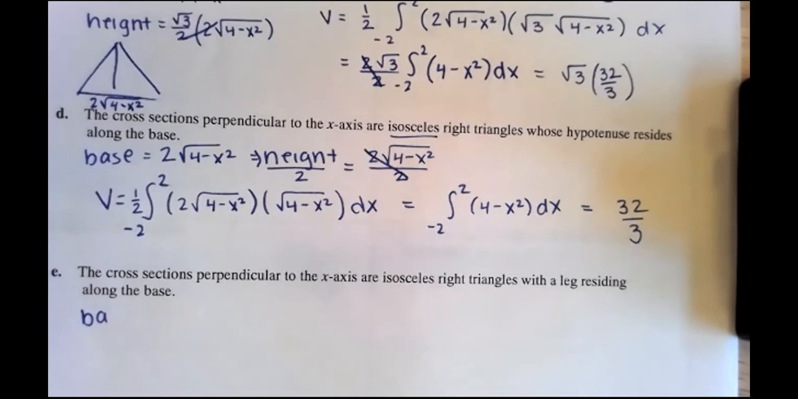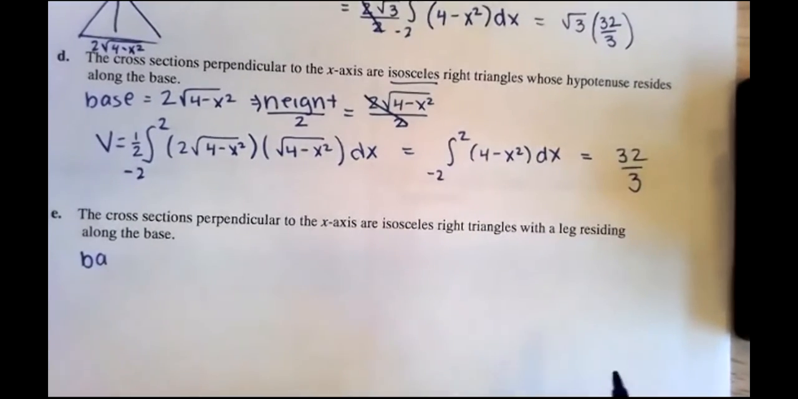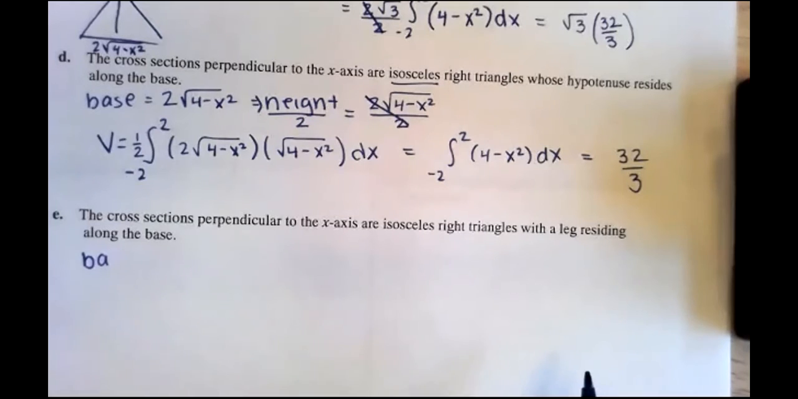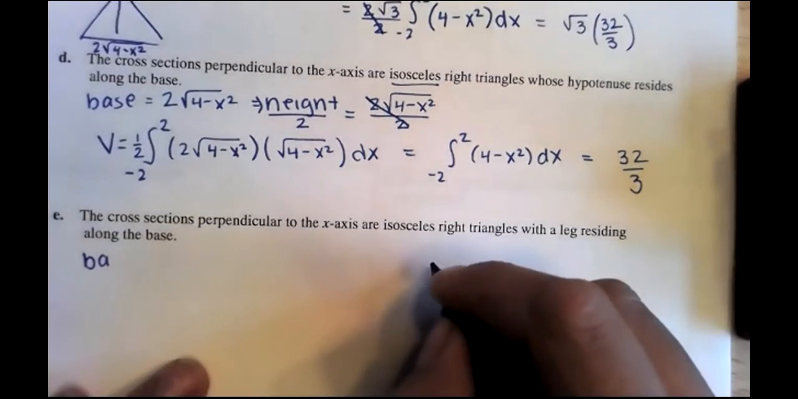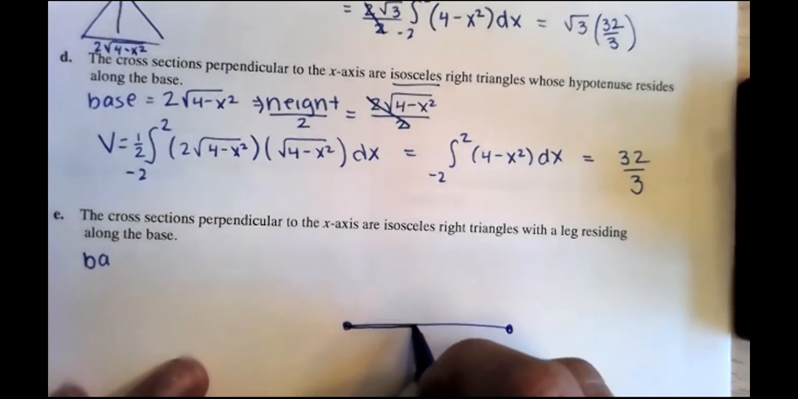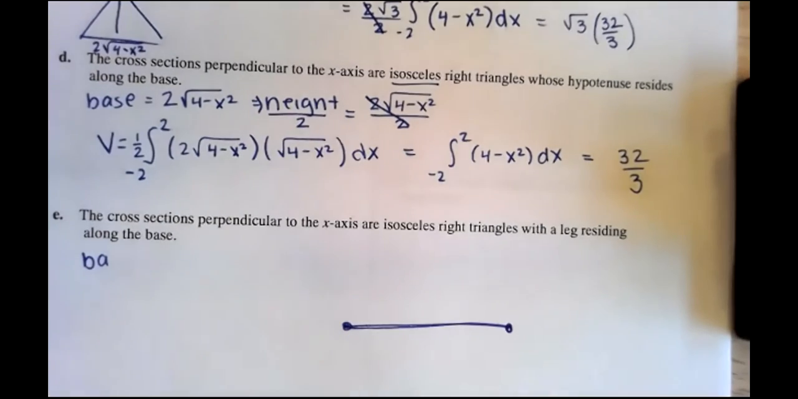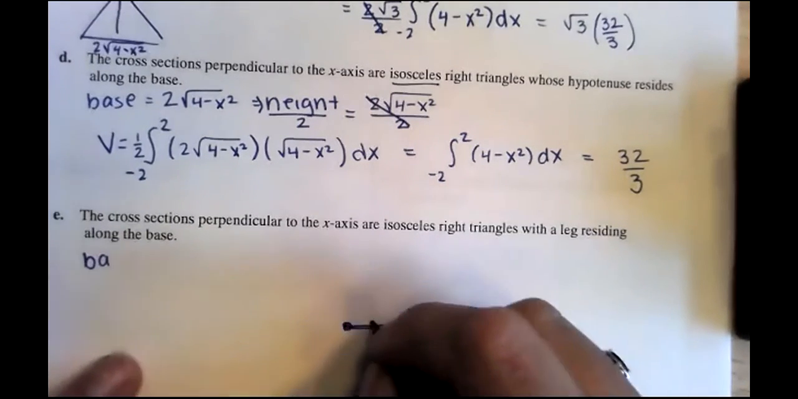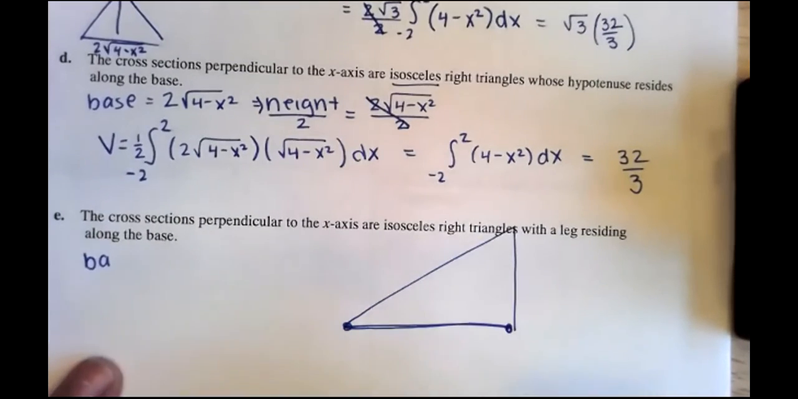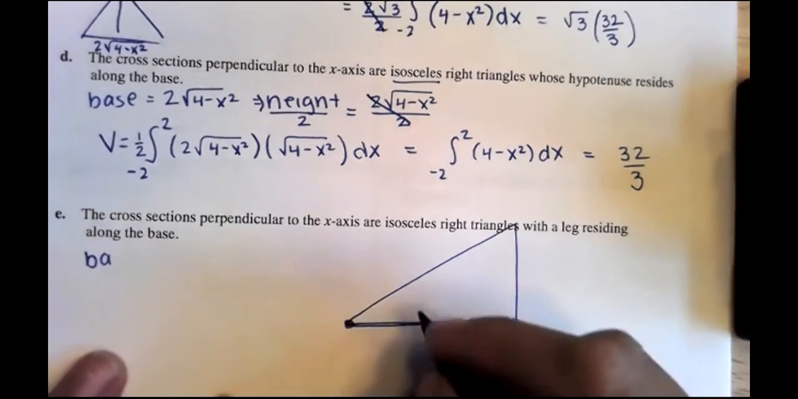And for part E, this one says the cross sections perpendicular to the x-axis are isosceles right triangles with a leg residing along the base. So now, here's the top of your circle, here's the bottom. So this represents a leg of the 45, 45, 90. Well, that's not a very good isosceles triangle, but what that means then is the base, which is a leg of a 45, 45, 90, is still this